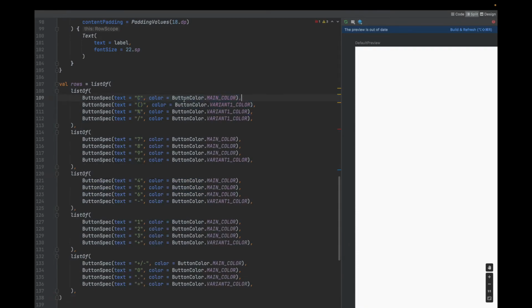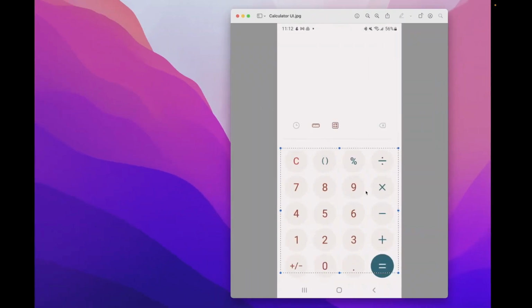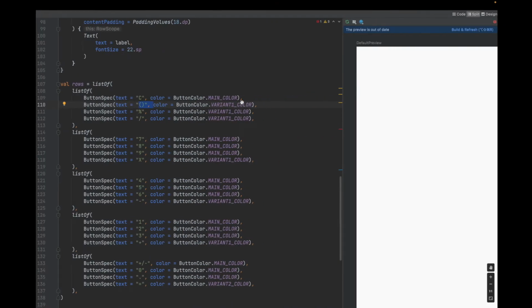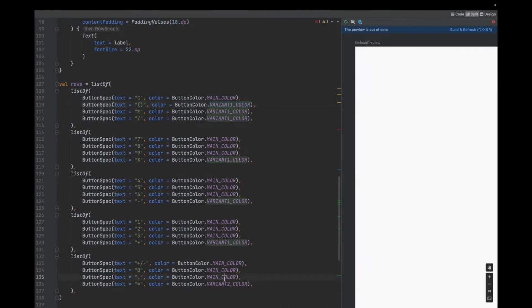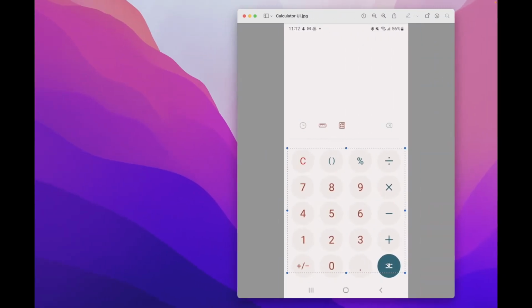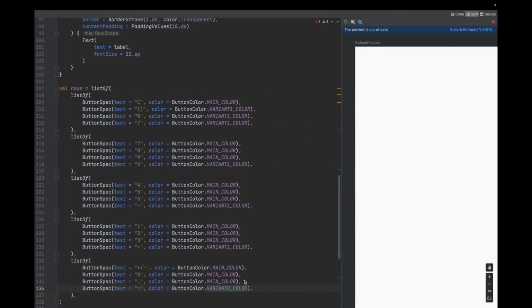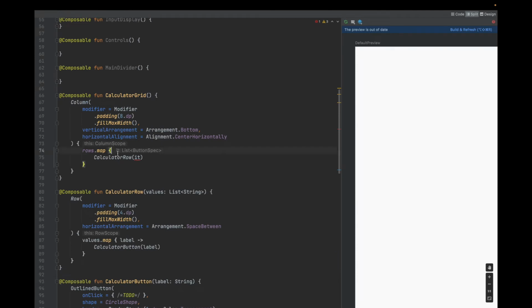So we have the color attached to each one. For example, parentheses needs to have this blue color, so let's call it variant 1 color, and then equal needs to have the white one, the variant 2 color, right? Okay, so now that we did that, we need to change calculator row to have these